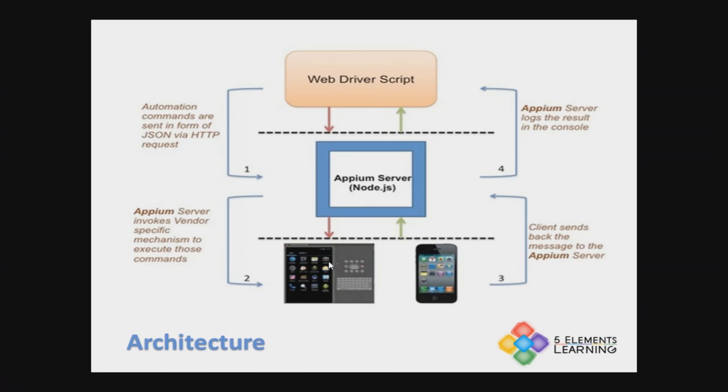So for Google or Android devices, it is going to invoke UI Automator, and for iOS, it is going to execute the XUI test. The device or the client where the execution has taken place sends back a message to the APM server, which then sends back a message to your script. So this is how the architecture is